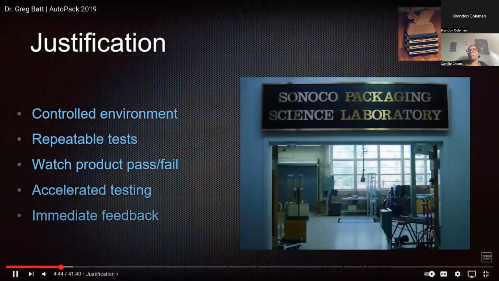Why test? Can I just put my packaged product in the back of the truck and send it from point A to point B and open the truck up and take a look and see what happened inside? We talked about this yesterday. Why do I need to go into a laboratory and conduct this kind of testing? First of all, I'd say that's a great idea to actually do the field evaluation. But what I want to do is give you some reasons why we want to bring this into the lab, and it affords us the ability to get a closer look at what's going on, because